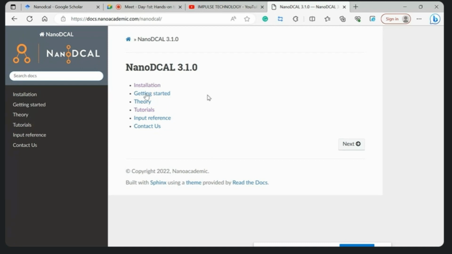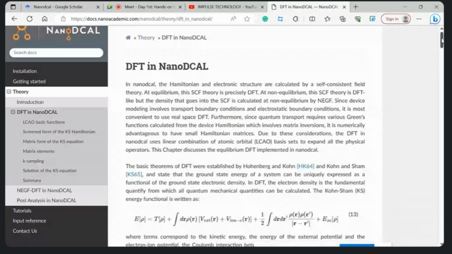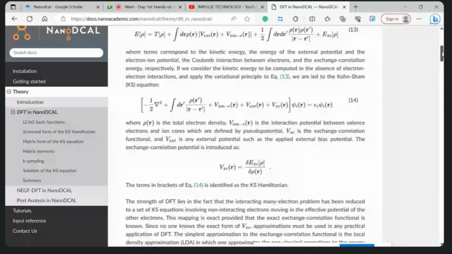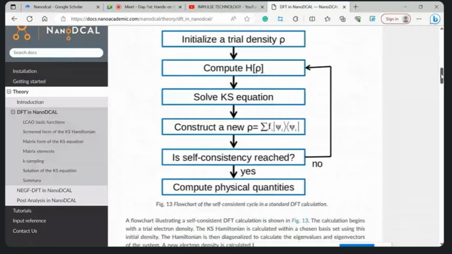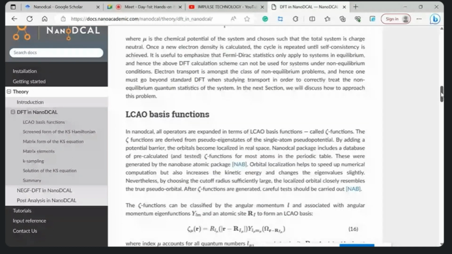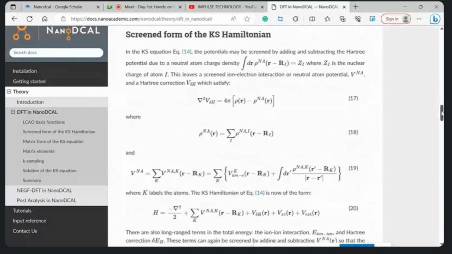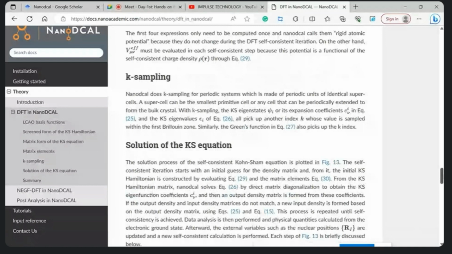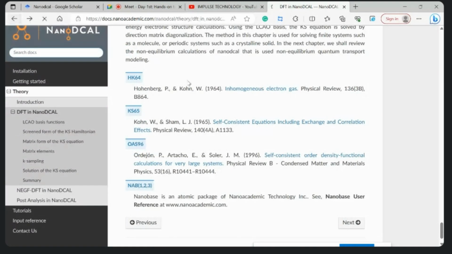So this is the theory page, installation, getting started. If you want to know the theory, how DFT is included in NanoDCAL with NEGF also, this is the theoretical model, theoretical equations. On what equations it is implemented? Hamiltonian equations, Coulomb theory equations, self-consistent. It will compute based on LCAO basis functions, linear combination of atomic orbitals, with KS Hamiltonian equations. These are all k-point sampling, KS equations, and some theory parameters with their references are also mentioned, including